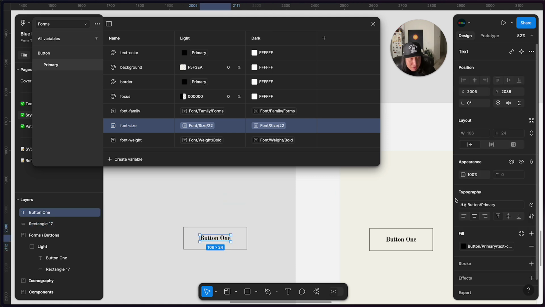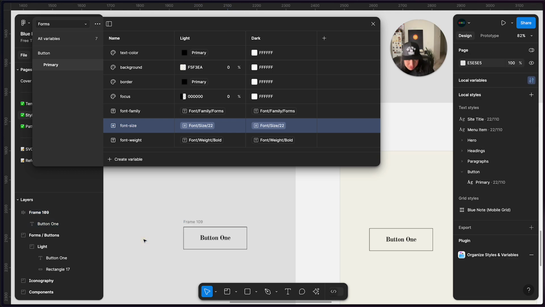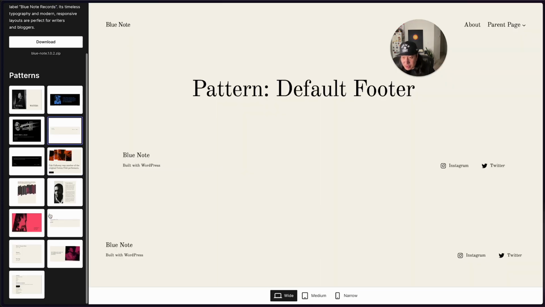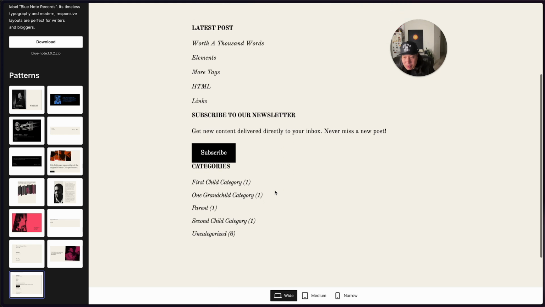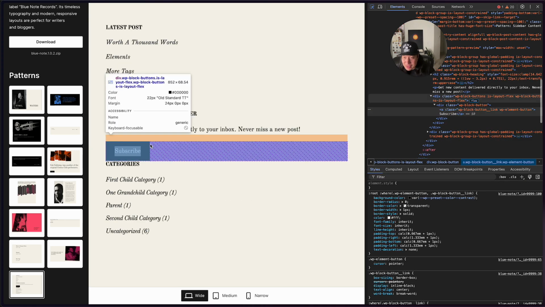This is already linked to the button primary, and what I'm gonna do is press Shift A, which is gonna create auto layout automatically for us. So I see that the size of this button is 77, but let me check something here quickly, because it's pretty weird the way they created that thing here, maybe. Oh, here. Okay, you see, it's good because we can have this button. So if I want to inspect this element quickly,